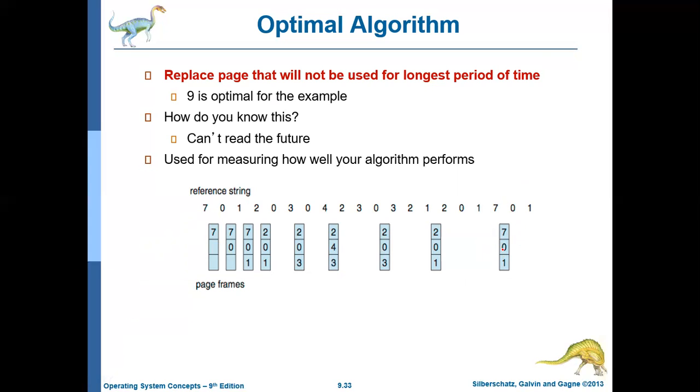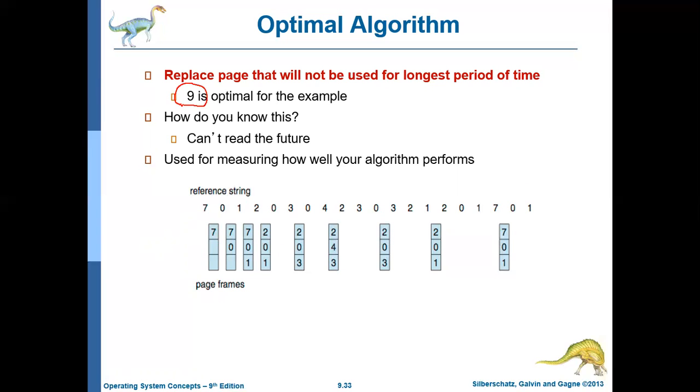0 is already in the memory, no page fault. 1 is already in the memory, so there is no page fault. So this algorithm, optimal page replacement algorithm, let us see how many page faults it has created. It has created 1, 2, 3, 4, 5, 6, 7, 8, 9. 9 page faults it has created. Okay. So it is very much better than the FIFO algorithm.